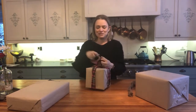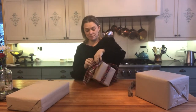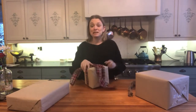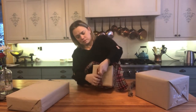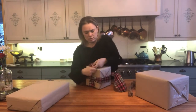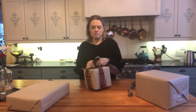knots. Now, I always find if you've ever received a present from me, people say that my gifts are the hardest to get into, because I always like to tie knots in my bows. Well, you know, it just gives people a little bit of a challenge when they have to get in, right? So I just will spread the ribbon so it looks pretty on each side, and then I'm going to make my bow at the